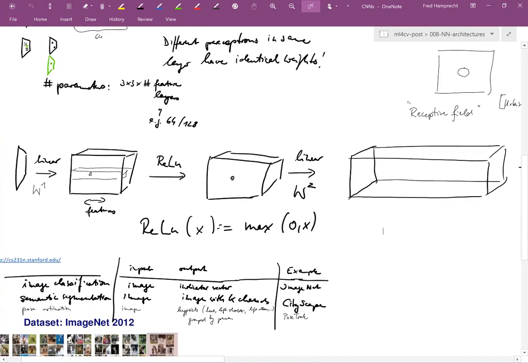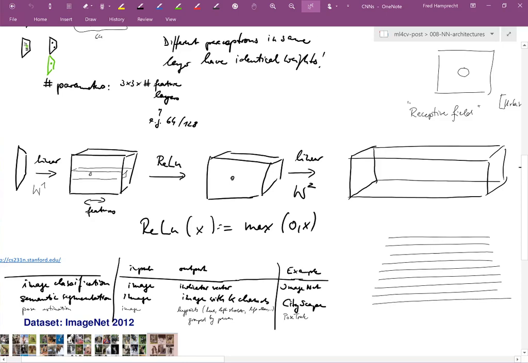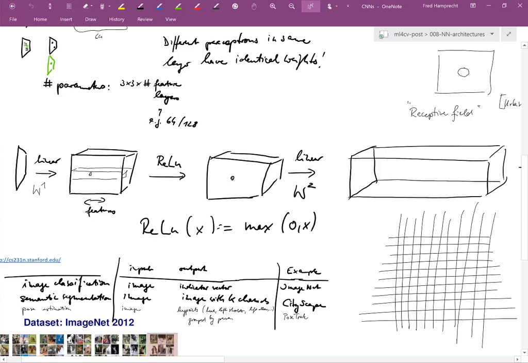With the filters themselves, by the way, a big deal has been made in recent years about what is better, small filters or large filters. And for a long time, people have been using, for example, 3 by 3 filters. So let's say this perceptron in the next layer would depend on these pixels in the previous layer. These days, it is more fashionable to use filters which have bigger gaps between their coefficients. So let's say for the same, use a different color. So for the same output perceptron,